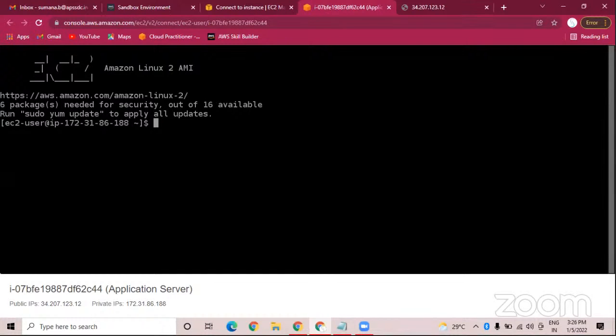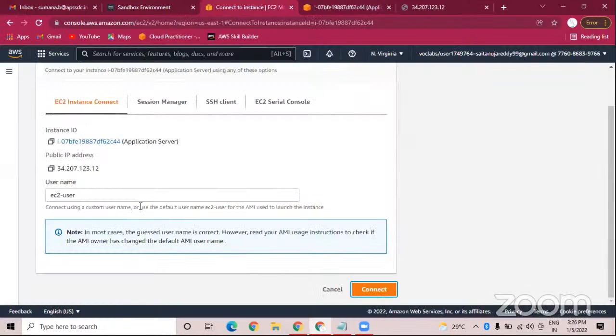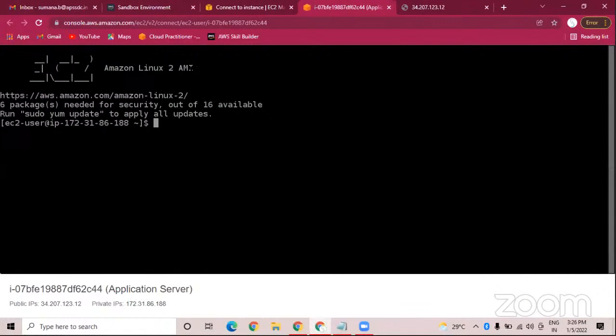Without using login as, while connecting here we are providing the login name, the username, that is ec2-user. When you open this application, it will show you EC2 Amazon Linux 2 AMI. And what is the command to get into root? To get into root,